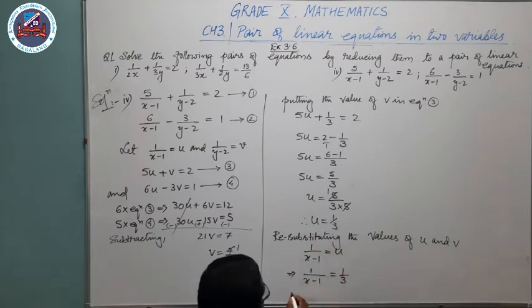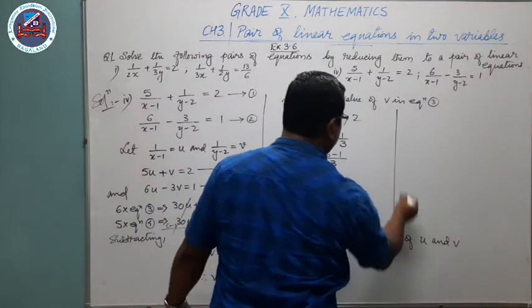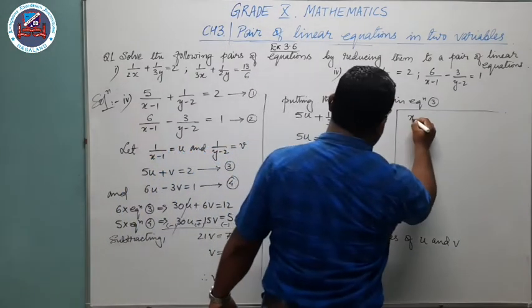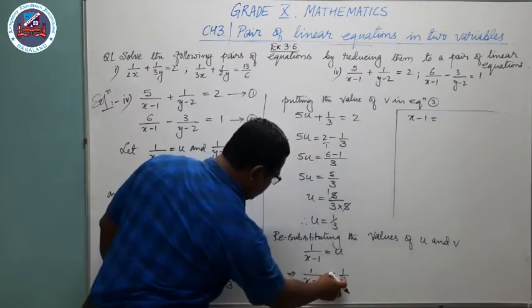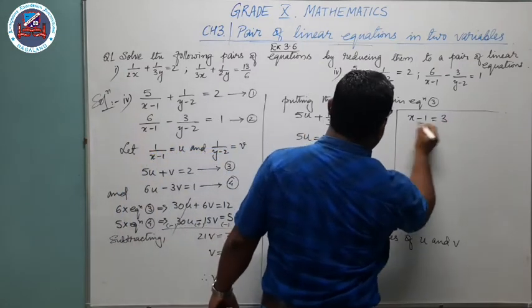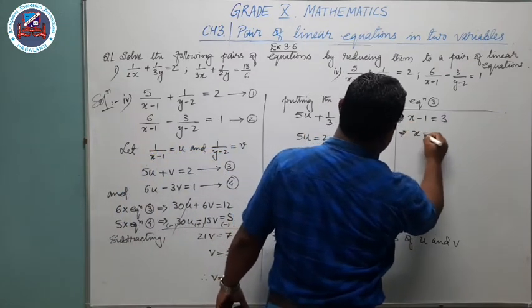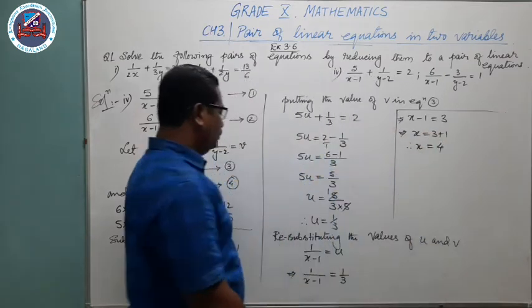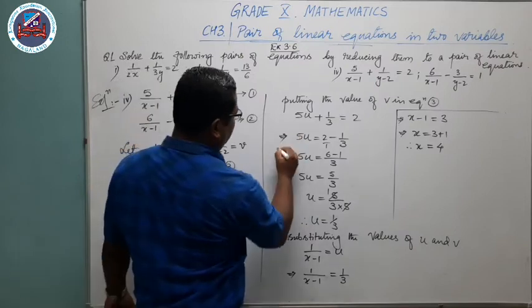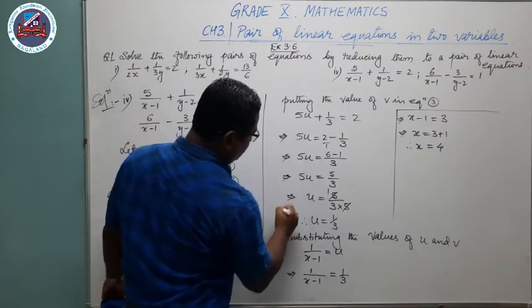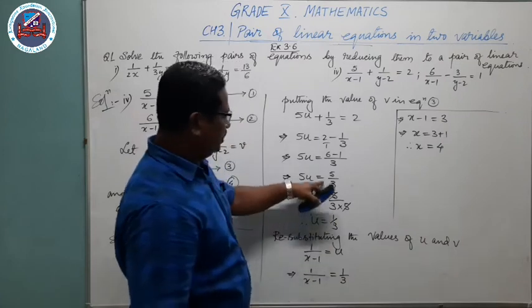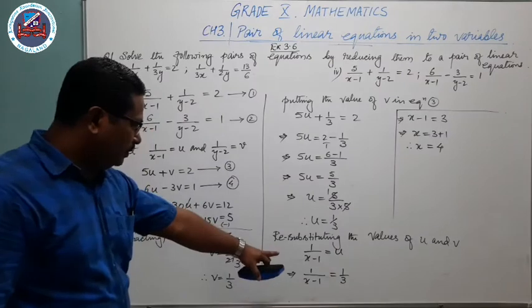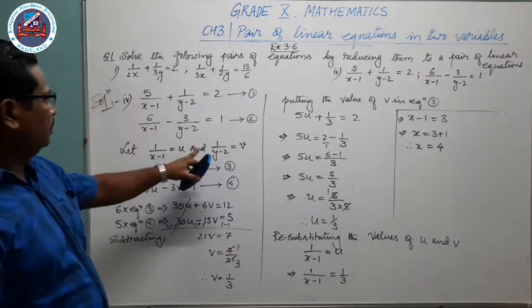Then we'll cross multiply. x minus 1 into 1 will be x minus 1, and 3 into 1 will be 3. So this will give us x is equal to 3 plus 1, that will be 4. x is equal to 4. Here you can put an implies sign, or you can also write it this way because equal to is there in the middle. After getting the value of x, resubstituting the value of u, now we resubstitute the value of v,